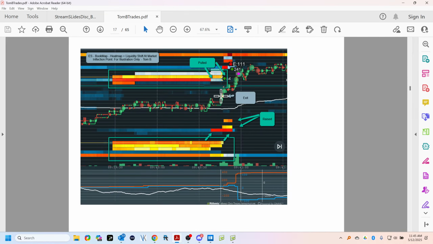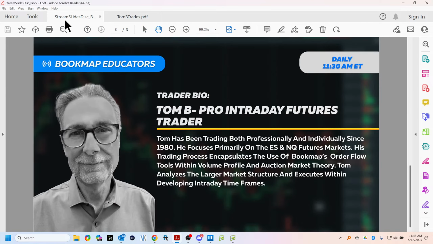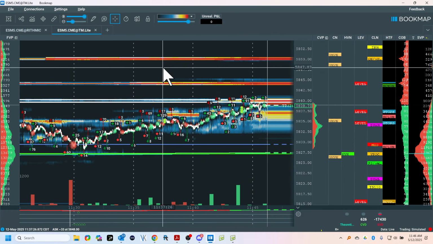Order flow phenomena. This is a trade I was short. This is a bracketing algo. They pulled and pushed. I was short. I hit the plunger. That was my exit. And then the market exploded to the upside. That's back, and this is also probably from around 2020. It's just stuff.